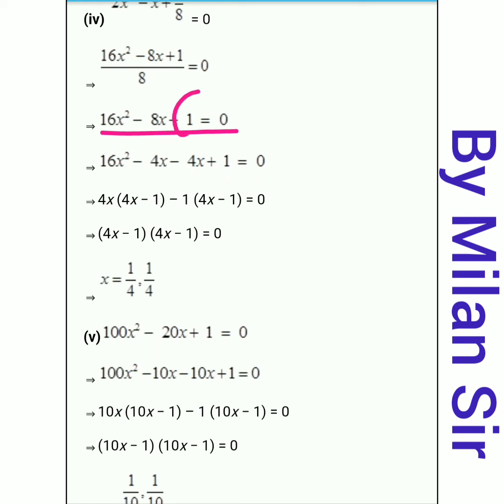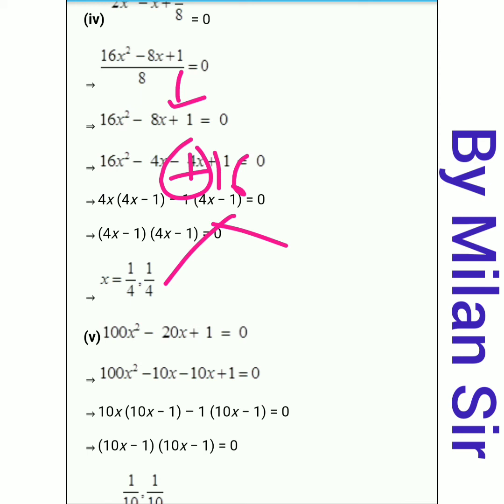Now we need to multiply this constant term with the coefficient of x square. So 16 ones are 16, and here we have a positive sign, so plus 16. Now we need to factorize this 16. Here a plus sign is there, so we need to use the addition process, and we want the answer as 8. So we want such factors of 16 that if we add them, we get 8. Then 4 fours are 16 and 4 plus 4 is 8, so we can use these factors.